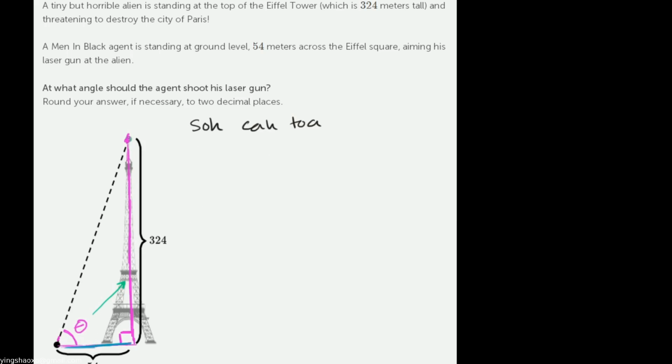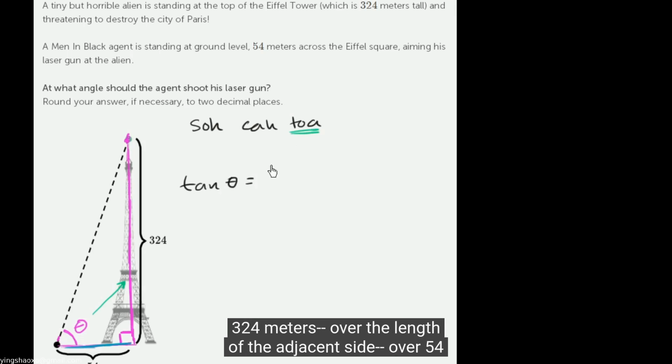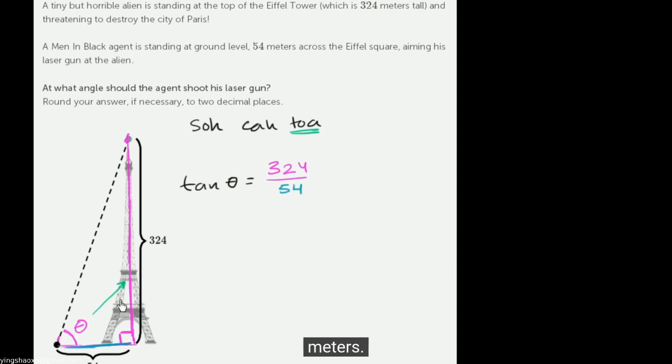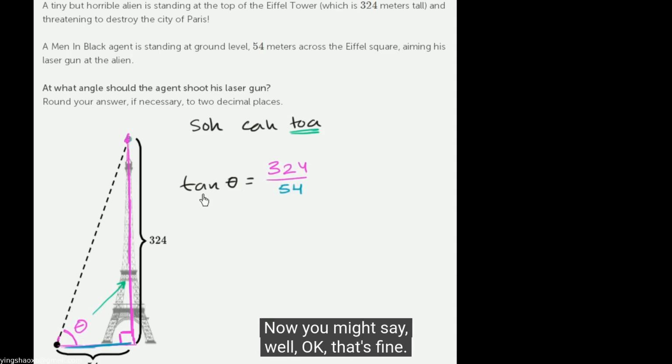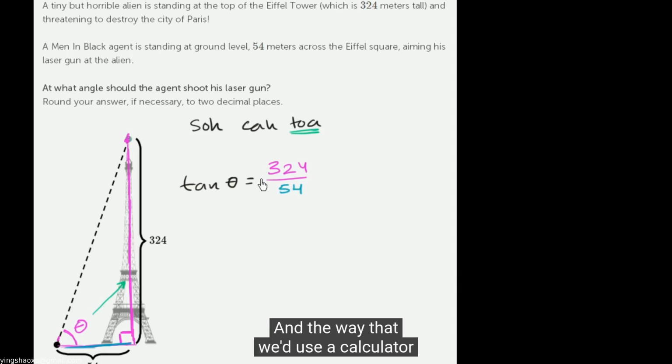So we can write that the tangent of theta is equal to the length of the opposite side, 324 meters, over the length of the adjacent side, over 54 meters. Now you might say, okay, that's fine, but what angle, when I take its tangent, gives me 324 over 54? Well, for this, it will probably be useful to use a calculator. And the way that we'd use a calculator is we would use the inverse tan